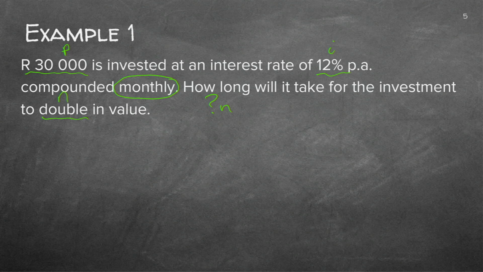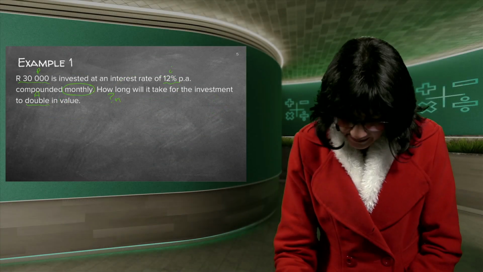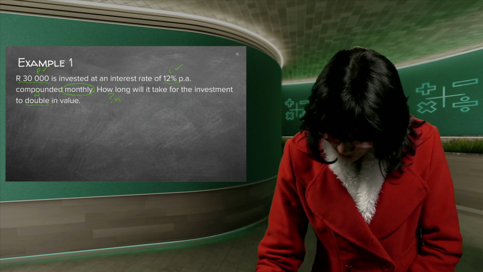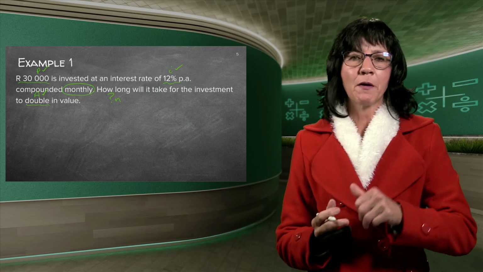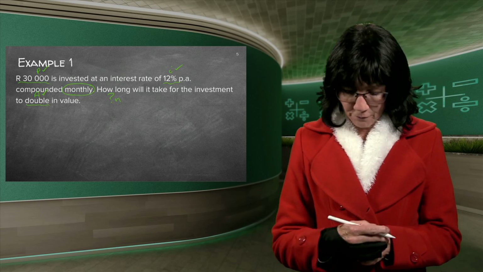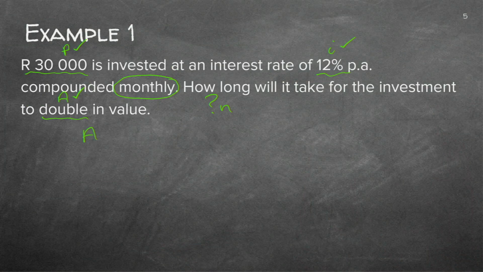So my end value, remember what I said, A is actually the first letter of the alphabet, but it represents the end value, the accumulated amount. That's why they use A, the end value. So let's see, do I have my 3 ticks? 1, 2, 3 ticks that are given. Always check that. And there's my fourth thing, the n, which I need to find. My formula, because it's only one big amount, there's my formula.